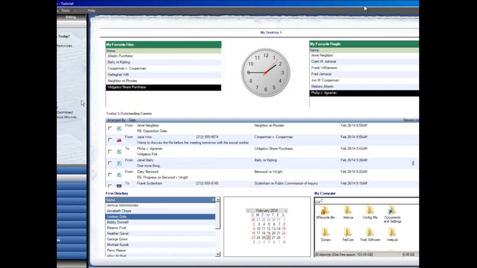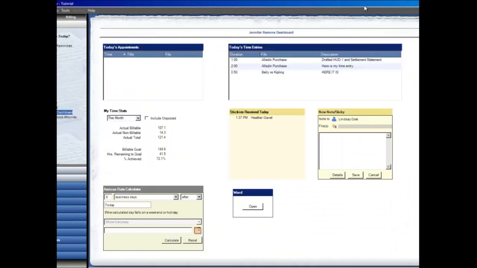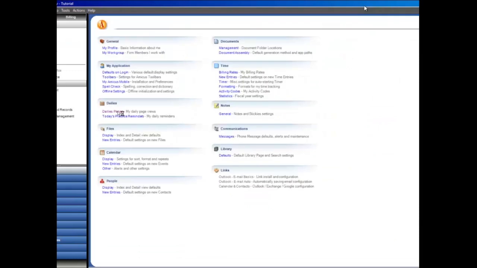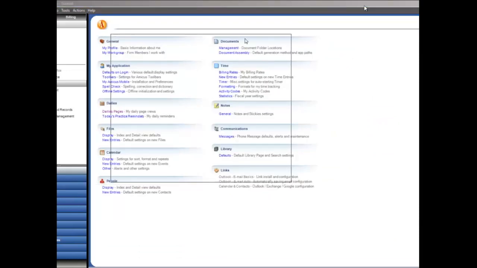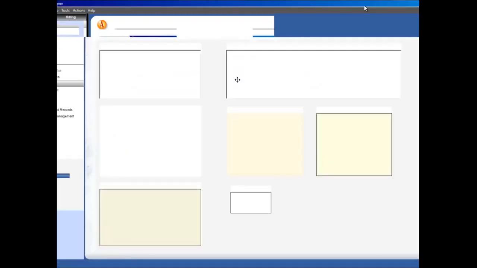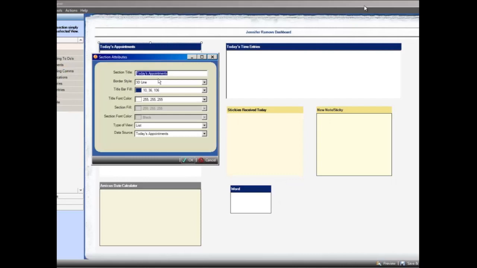The month view, I've not tried to do that, so let me just check while we're on the call here. I probably should know that off the top of my head, but I'm not embarrassed to admit there are things that I learn every day about this great program. So let's go into my dashboard. And this is going to be today's appointments. And when I go to the section properties,